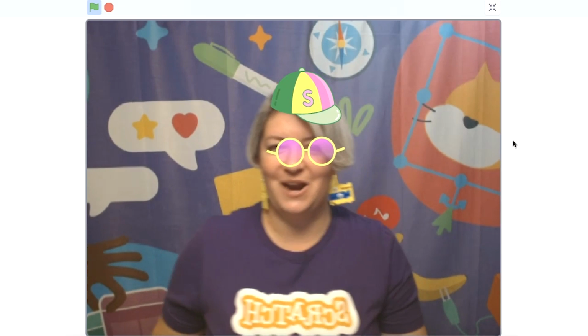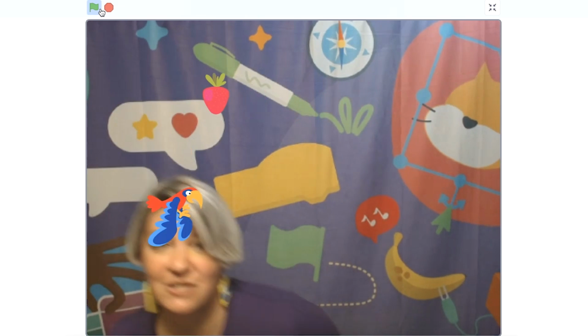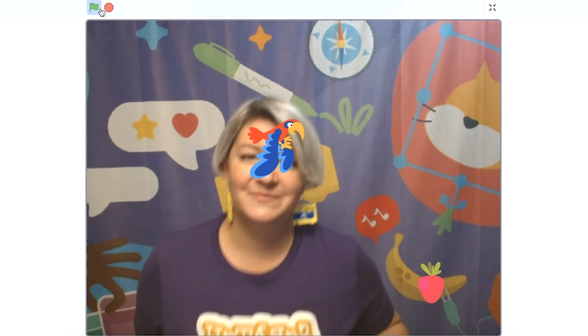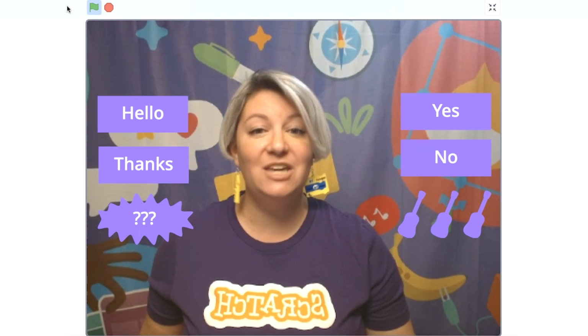Did you know that you can use Scratch to create virtual costumes like a hat and glasses? Or that you can experiment with games and interactive projects that use the features of your face? You can try it on Scratch Lab, where we create new experimental coding blocks and ask for your feedback. Face sensing is one of our Scratch Lab experiments. It uses AI to detect parts of your face.